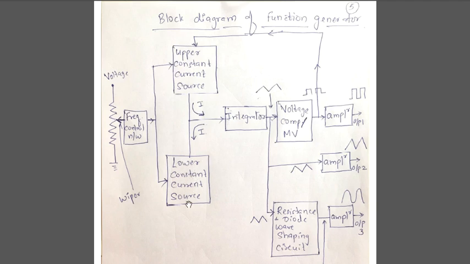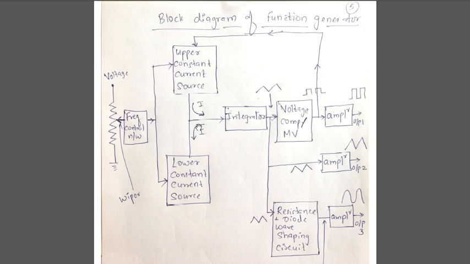But at the same time, the feedback from the Schmitt trigger is also given to the lower constant current source. And when the lower constant current source understands that the output here has become low, so now I was earlier disconnected, now I should connect myself to the integrator. So which means that when the Schmitt trigger's output becomes low over here, the upper constant current source gets disconnected from the integrator and the lower constant current source gets connected to the integrator. Okay, so when the lower constant current source gets connected to the integrator, let's understand what happens.